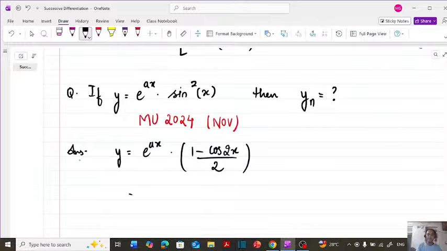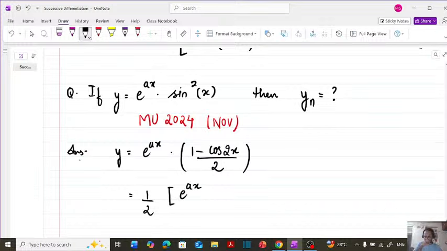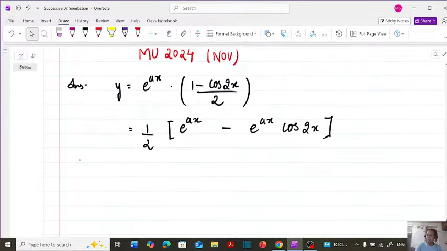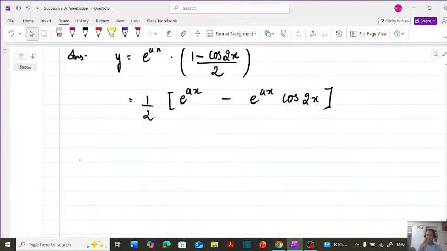and now you are in a position here that 1 by 2 is outside, e raised to ax is the formula, and here you have e raised to ax cos 2x coming into the picture. So when you are doing these kind of derivatives, what I will recommend is you can do the derivative separately and then write the final answer. So